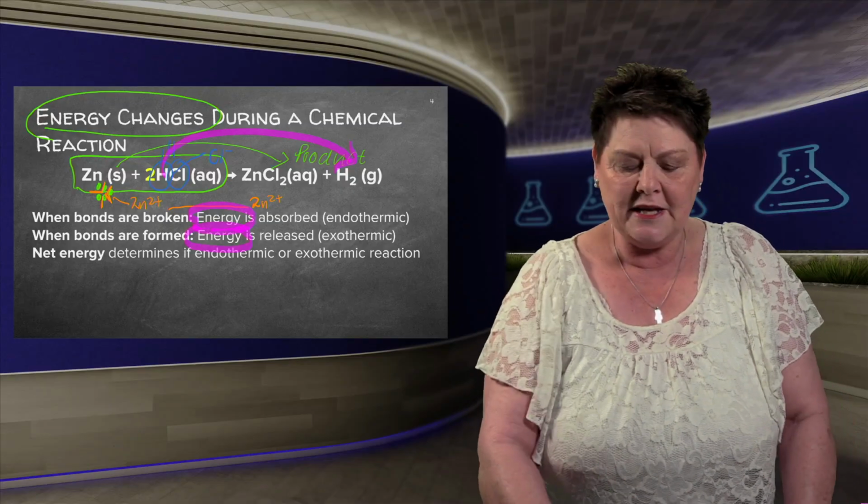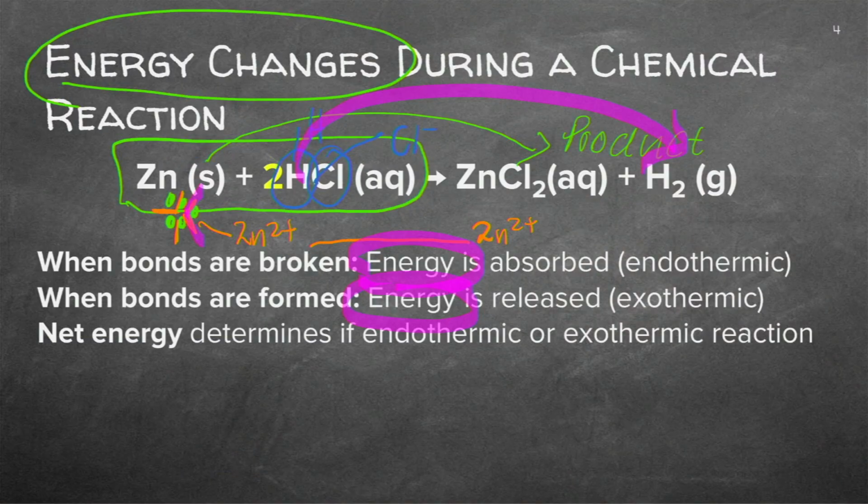So firstly, we need to break bonds. So we need to absorb energy. And we use the word endo, meaning in. So we're putting in energy, we're pulling those apart, and then as soon as they move towards each other, they will release that energy that we put into the reaction, and it's exo, meaning out. So it's released, it's exothermic. So we need to see, is there more going in or out, and that will give me the net energy.